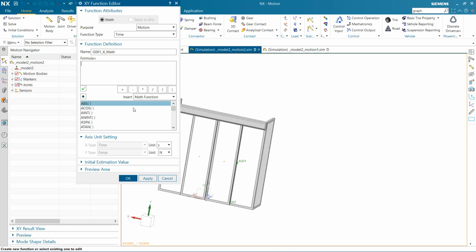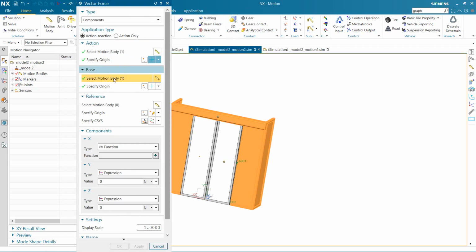So the function that we want to use is, let's say, a 100 Newton force in this way. If the displacement is smaller than 900 millimeters from the origin, it will apply force in this way, and if it is bigger, it applies force this way. So let's do that over again.